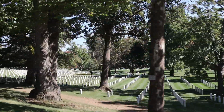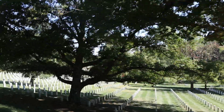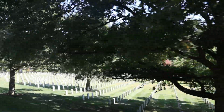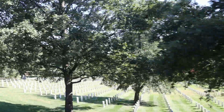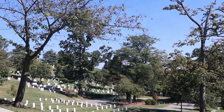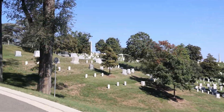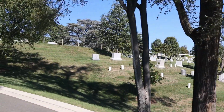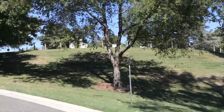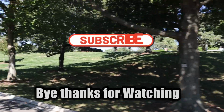In 1861, when the Civil War broke out, President Abraham Lincoln offered the command of the Union Army to General Lee, but Lee was from Virginia. He didn't feel in good conscience he could raise his sword against his fellow Virginians. So he turned the president down. By 1863, the rest of the Lee family had fled to Richmond. No Lee would ever live on this property again. The Army took it over for its strategic location in downtown Washington,